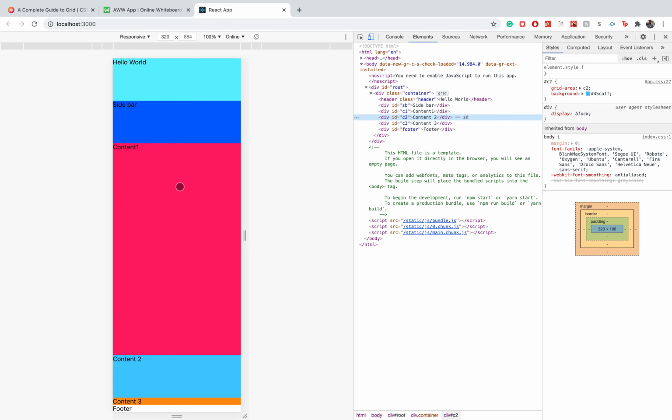So as you can see, when you switch into the mobile view, the contents change, and the elements are now split into different rows,